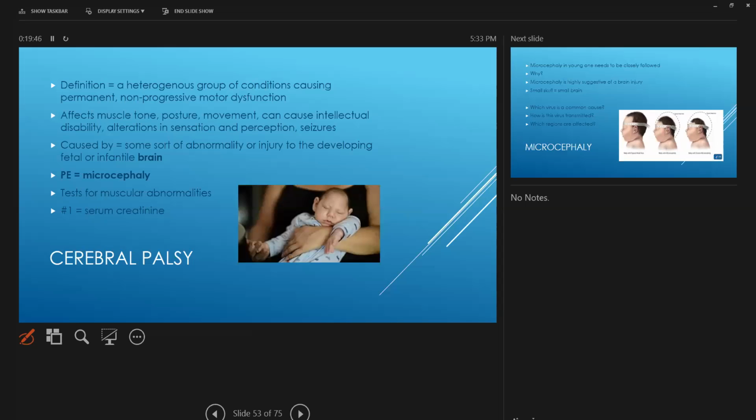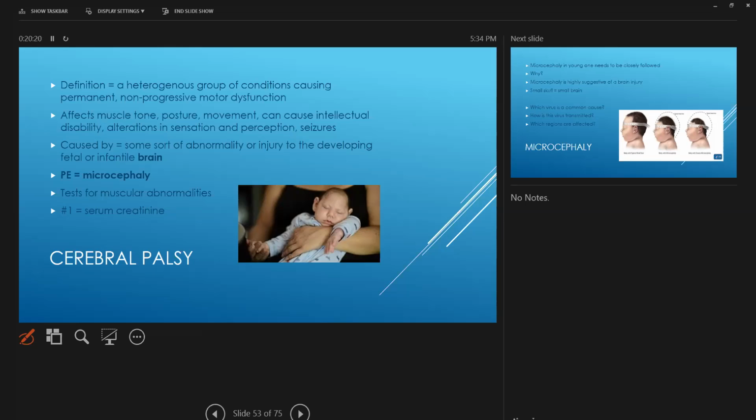Cerebral palsy. Cerebral palsy is a disorder that basically occurs when there's some sort of brain trauma at birth, and it is a non-progressive abnormality. Okay, so with CP, we're not going to see any progression. Basically, it is what it is. That doesn't mean that there's no treatment for it or that we can't improve their quality of life, but it's not progressive and it is not going to go away. It is a permanent disorder